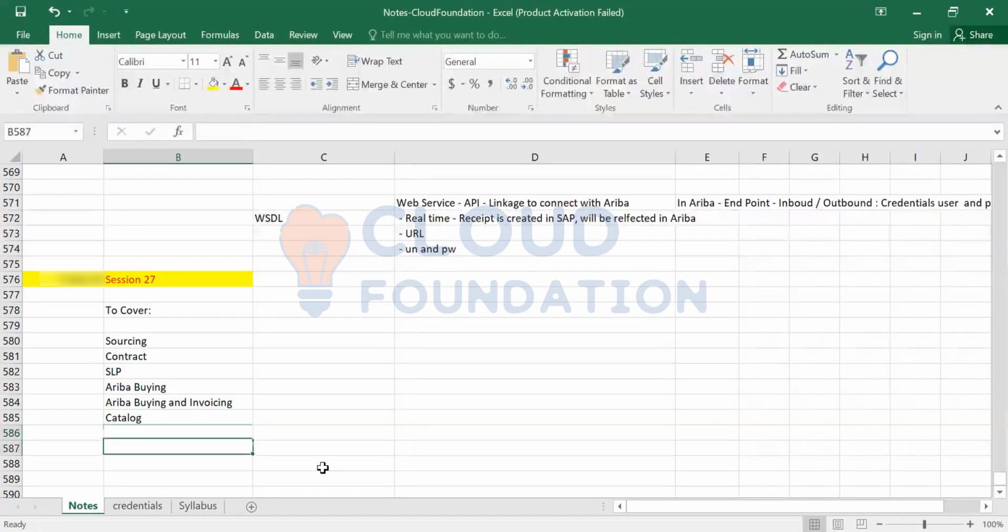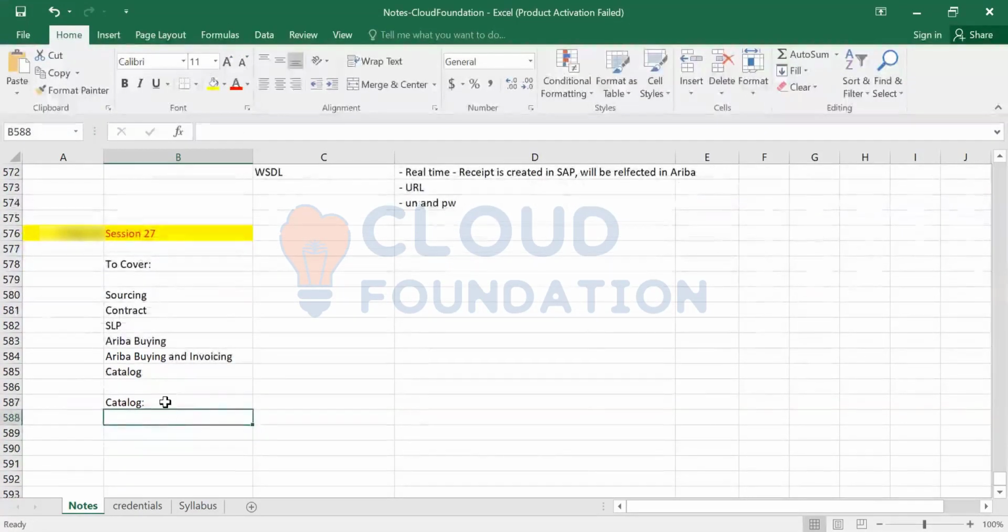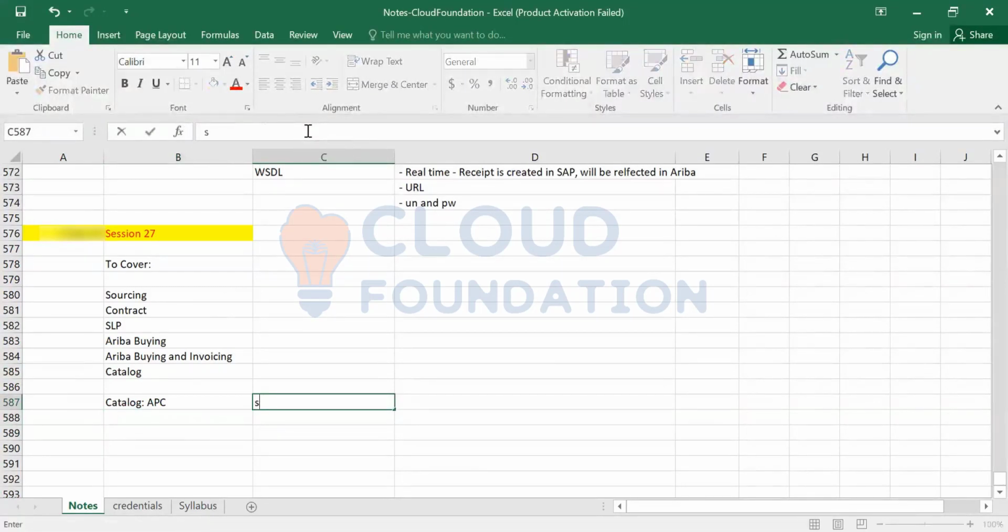So let us take the first scenario of catalog, how it will work. This is also called Ariba Procurement Control, APC. When he subscribes to Ariba catalogs alone and he is using any third-party ERP system, for example S4HANA or ECC, how the workflow will work in this case is, the user will log into